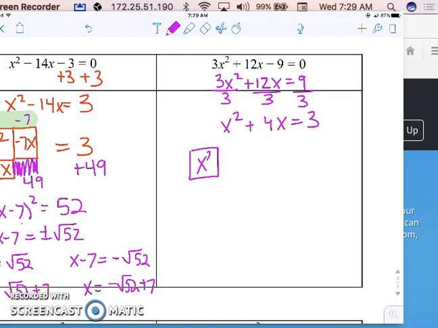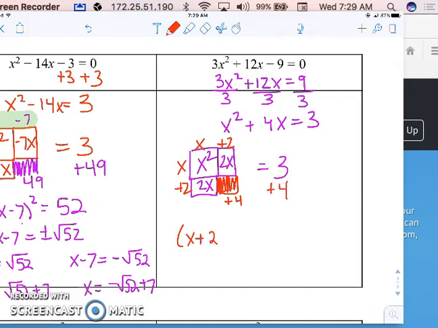So we have x squared. If we were to split that 4x in half, we'd have 2x and 2x equals 3. Well, now let's see, so x and x, so this would be plus 2 and plus 2. Again, it's called completing the square because we have to complete it. So we have to add 4. So now we have x plus 2 squared equals 7. So we could split this up to x plus 2 equals positive square root of 7,